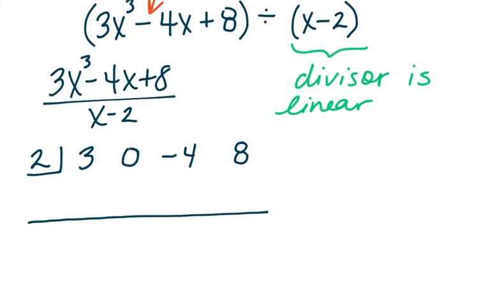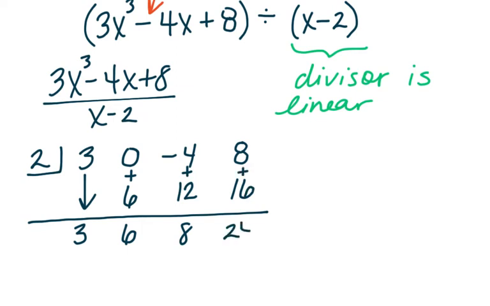So in our synthetic division, the 3 travels down, and then we multiply by what's in the box. So 3 times 2 is 6, and then we add straight down, 0 plus 6. Multiply again by what's in the box, add straight down. Multiply by what's in the box, and then again adding straight down. So what we have here, the 3, 6, 8, 24,